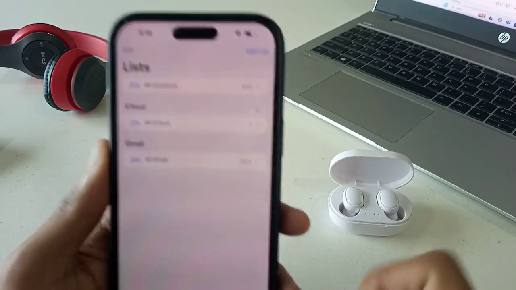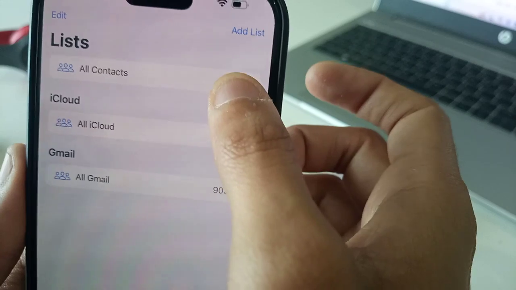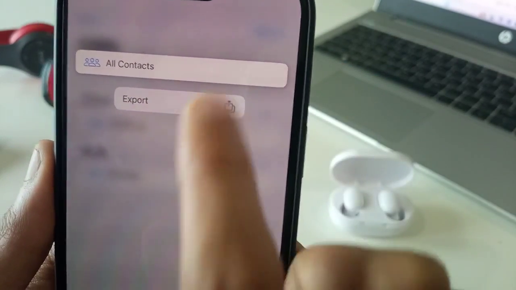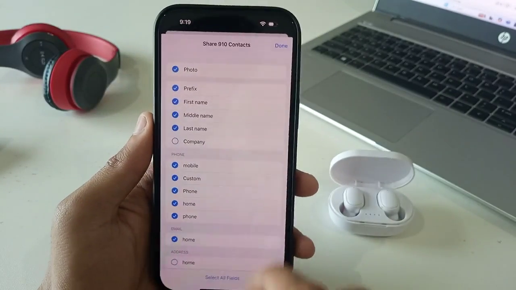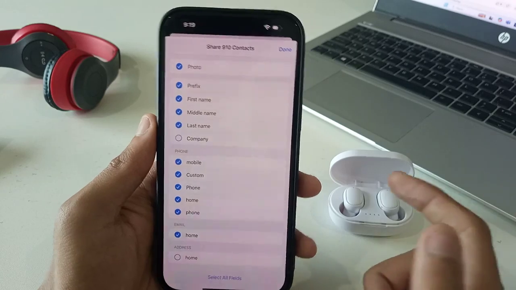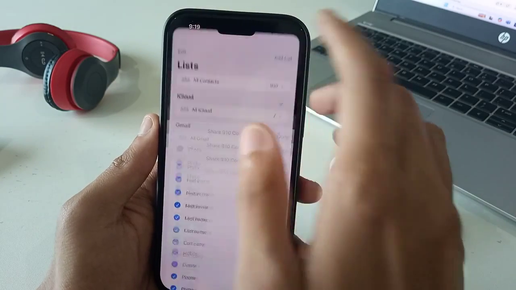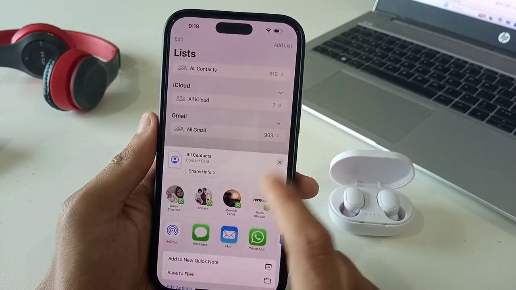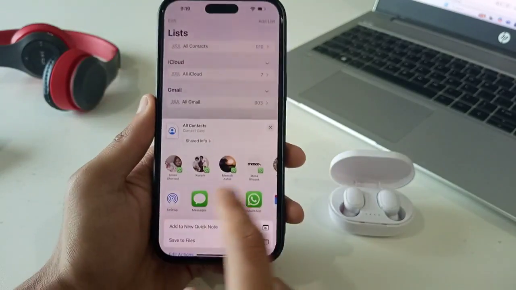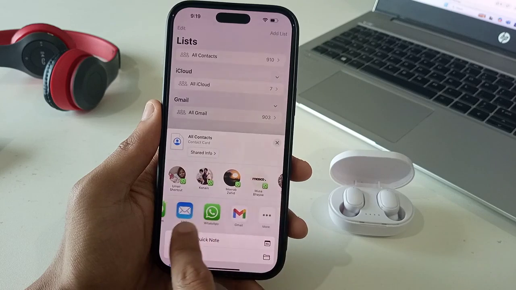What I'm doing here is I'm just tapping and holding it, and it will show you the option of export. Just tap on it and you can export. You can select all, or choose the prefixes or the columns. Just tap done, and now it shows you that you can send the file through WhatsApp, or you can send it to